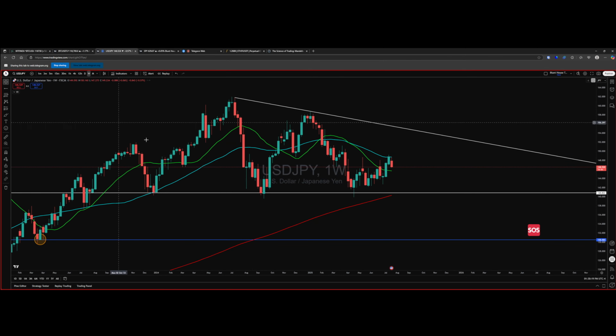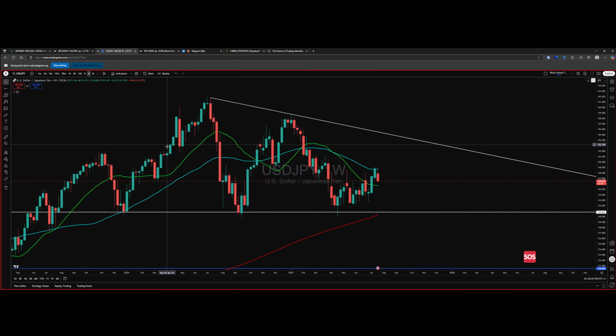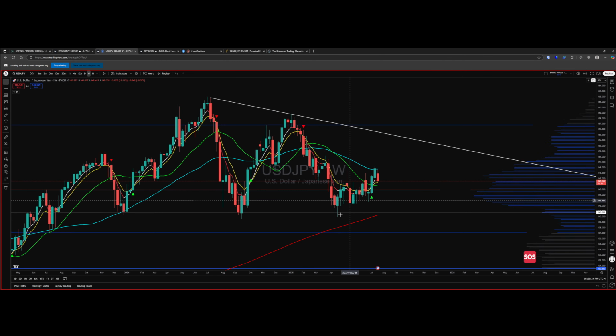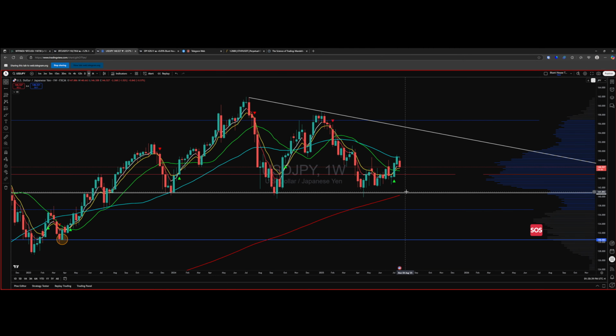Concern with this chart is that if it's a bigger problem, the first attempt to the 50, you come back, you're going to test the 20. If you don't hold the 20, you should bounce. But if you don't hold it and you take out the previous wave's low, well, you're chipping away at a level that you're not going to be comfortable with. And then all of a sudden, people are going to be talking about the 200-day monthly for USD JPY. And if you're on the side of the US dollar, you don't want to start trading below there.